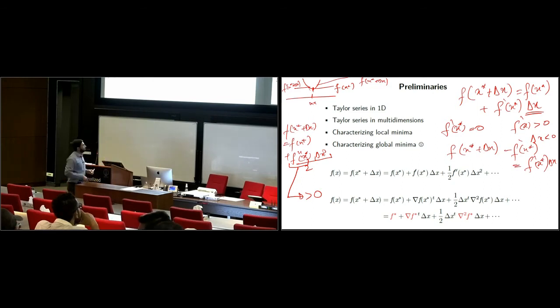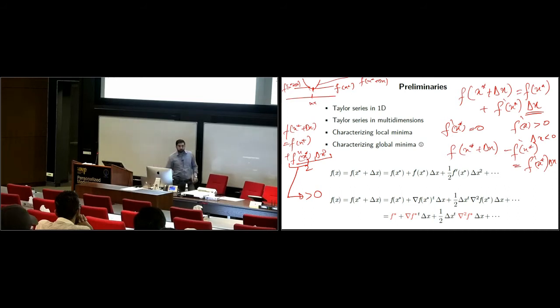Of course, we can extend this into multiple dimensions. If you look at it, in place of the first derivative we will get the gradient vector, okay? And in place of the second derivative, we would get the Hessian matrix, okay? So does everybody know what a gradient is, how a gradient is defined for a function? If you don't, please raise your hand. Okay, I'm just going to write it just in case.